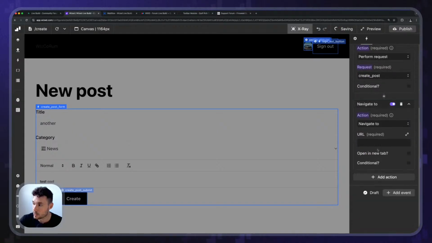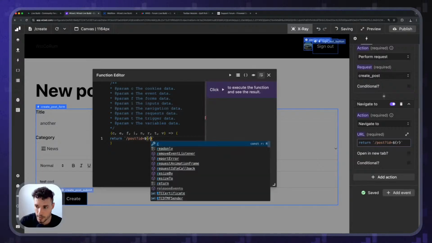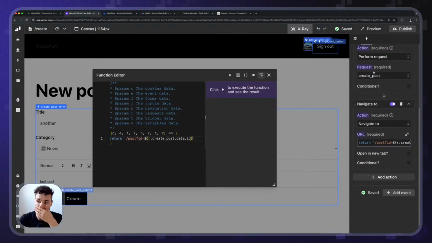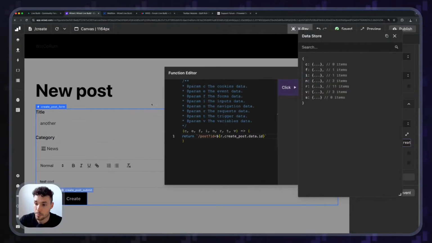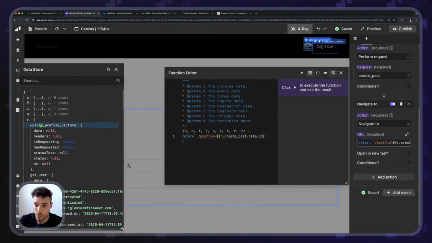So navigate to /post and then question mark ID equals the ID that we just created, which is r.createPost.data.id. Because after creating the post, we get a response. Look at this. After creating the post,